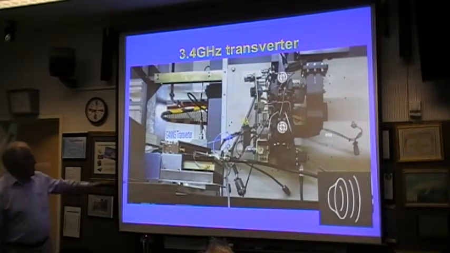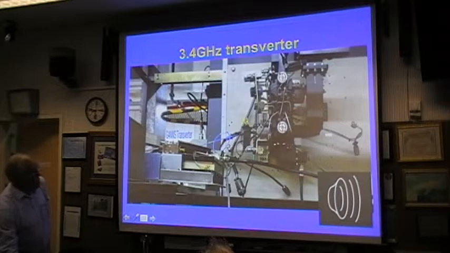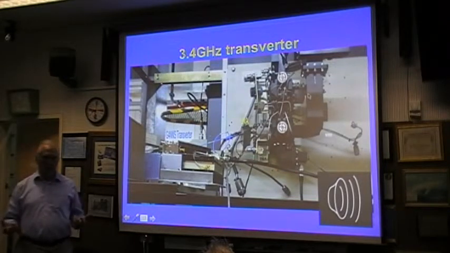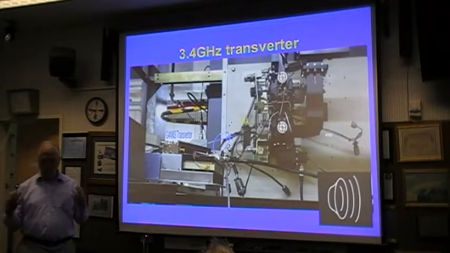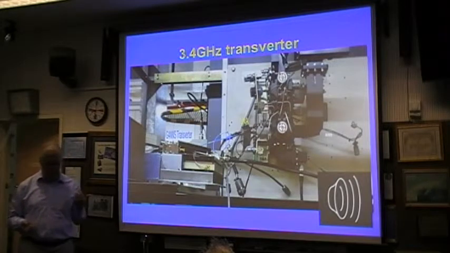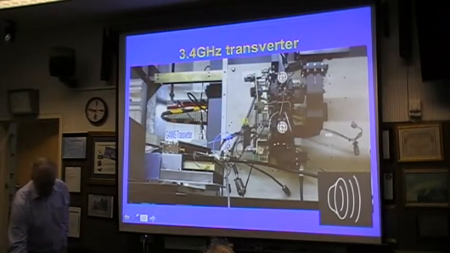Here's my transverter that I was using, and it's somehow plumbed in transmit and receive. The waveguide comes down, you've got left hand and right hand circular polarization ports for each, and you're obviously transmitting right and receiving left. If this is going to work,